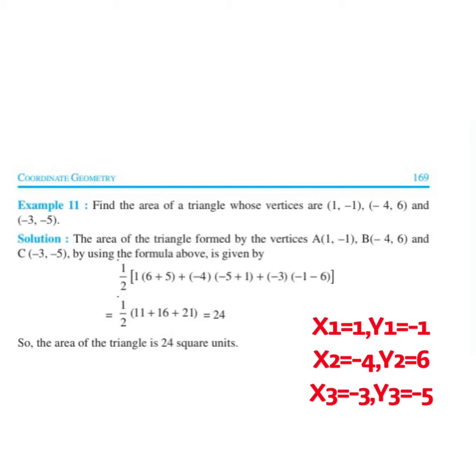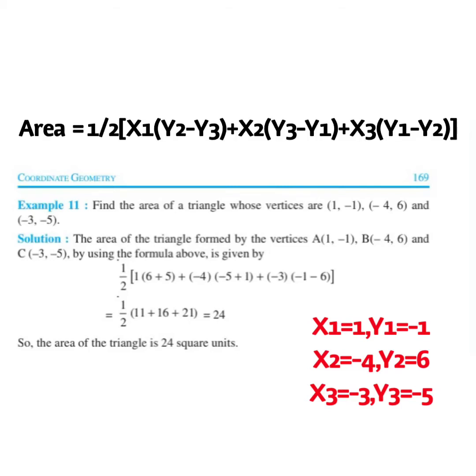Formula is very much necessary. So what is the formula for finding area of the triangle? Area of triangle is equal to half into x1 (y2 minus y3) plus x2 (y3 minus y1) plus x3 (y1 minus y2). Now let us substitute the values of x1 y1, x2 y2 and x3 y3, and we will get